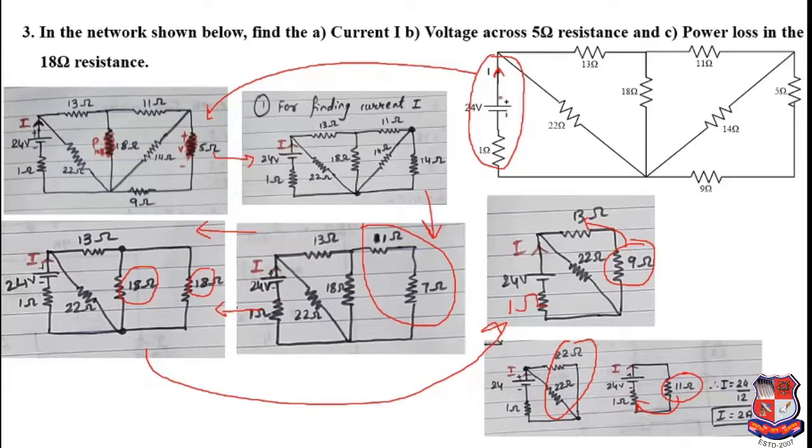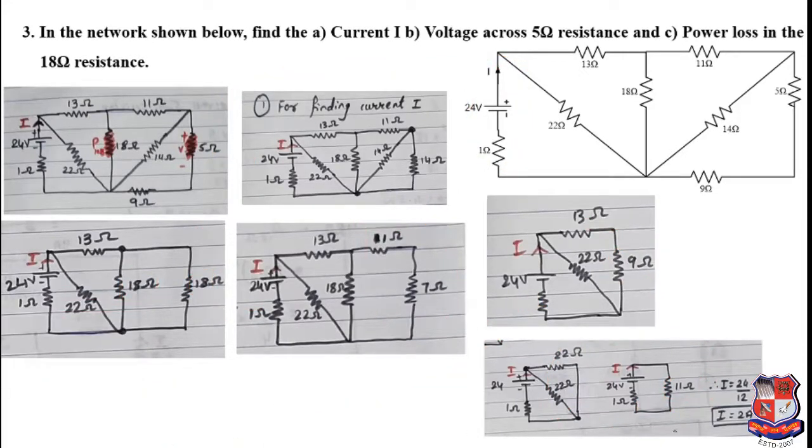This is another thing we should remember. Whenever you solve a circuit, if you are told to find the current through a certain element or voltage across a certain element, you should not touch that part and instead solve for the other portion of the circuit. Finally you will be left with this very simple circuit: 11 ohm and 1 ohm in series, that will be 12 ohms, and you have a 24 volt source.